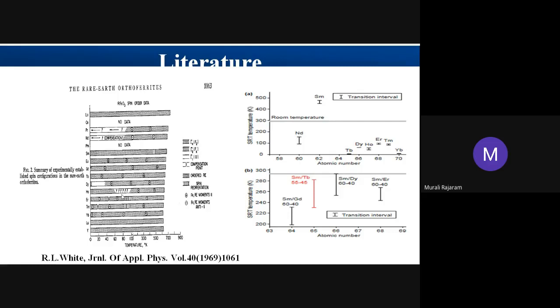Okay, and then there is one material called samarium ferrite, where the spin reorientation is above room temperature. So this is a very important material. There are quite a lot of people working on this very important material, samarium ferrite. We are also working on samarium ferrite, because the spin reorientation is above room temperature, and if you could see any coupling between your magnetization and spin, we could get room temperature